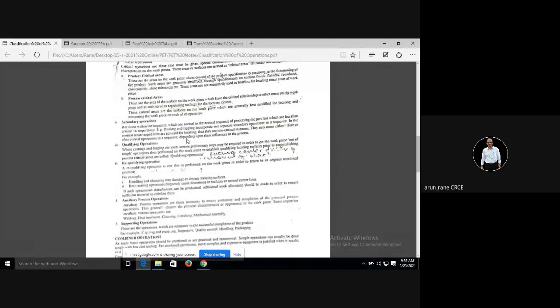This chapter is very simple. Then secondary operation. Secondary operation means what? It is the operations which are not very important, but necessary to complete the product. So drilling will come under secondary operations, tapping will come, then deburring will come. All these come under secondary operations. So it is not as important as your principal process.